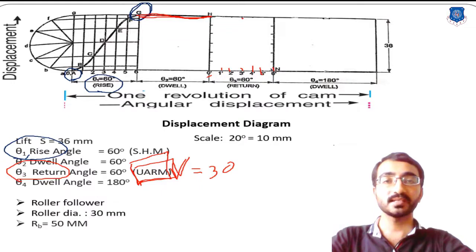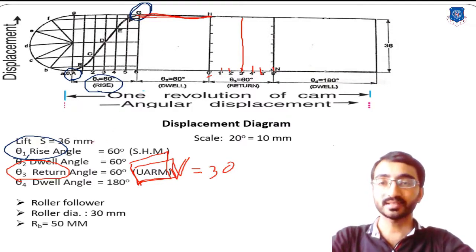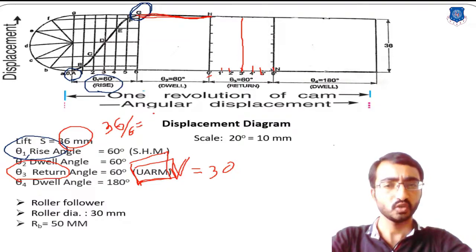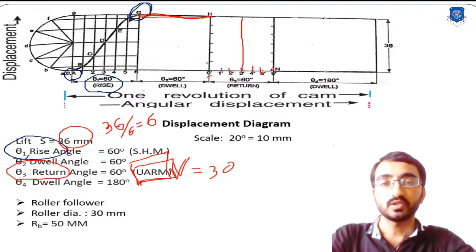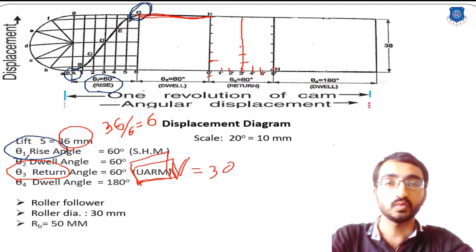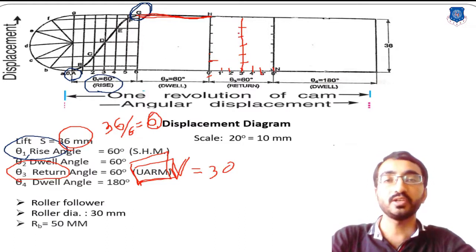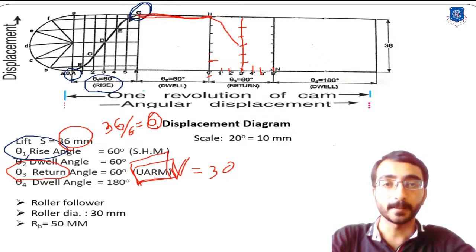Okay, now sketch this third line as the vertical line and divide this vertical line into again 6 equal divisions. Your vertical line is represented by 36 mm total. So simply divide this 36 by 6. So you will get 6 mm. So divide this vertical line into 6 equal divisions, 1, 2, 3, 4, 5 and 6, and each division is represented by a distance of 6 mm. In this way you can divide this vertical line into 6 equal divisions. Now connect the diagonal.